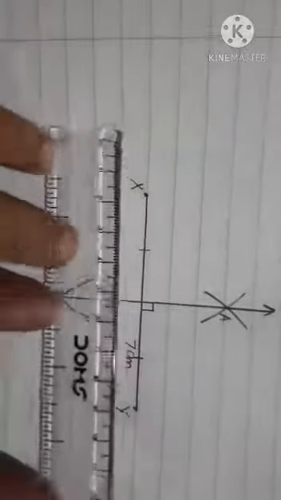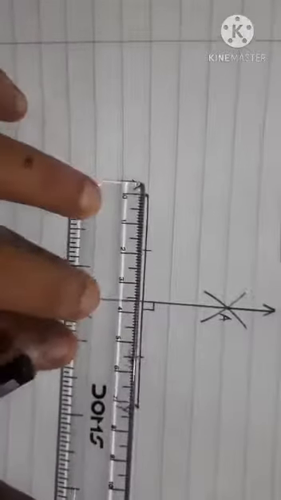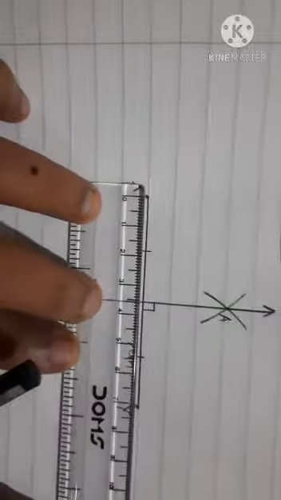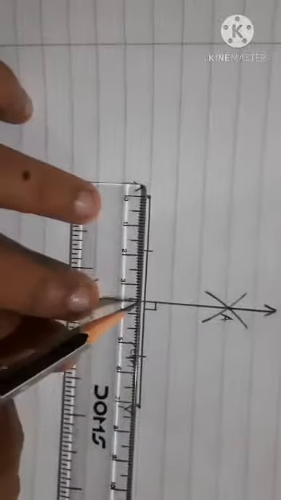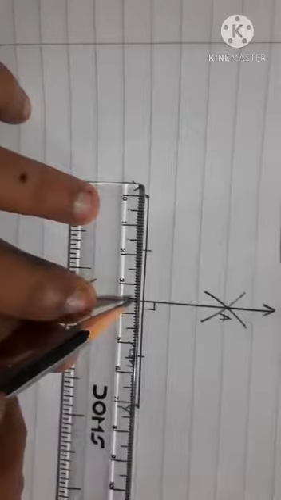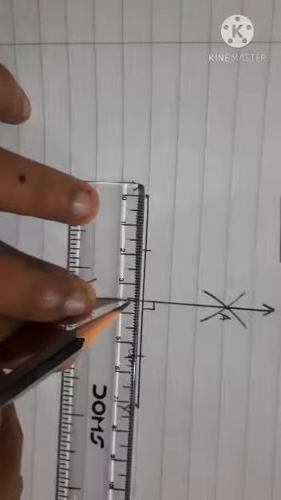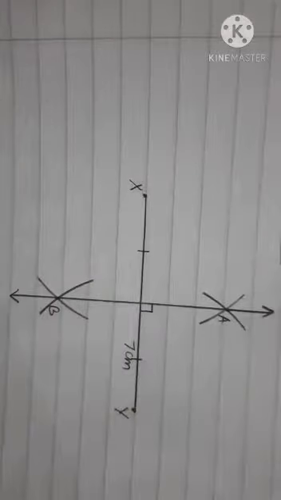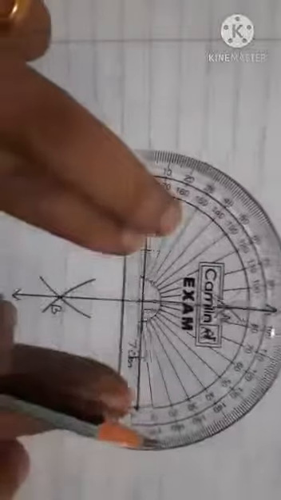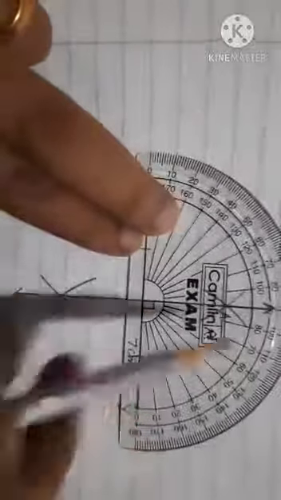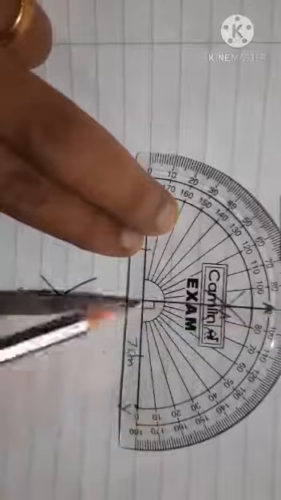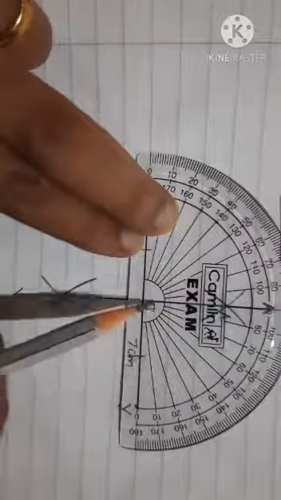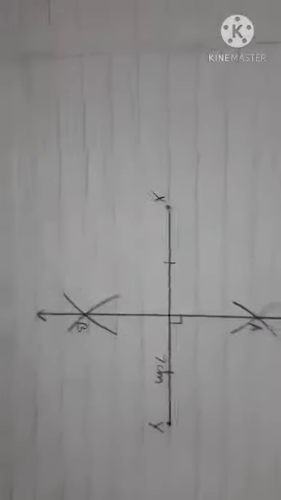It should be 90 degrees and these 2 sides should be the same. Initially I took 7 centimeter. Here I have got a little bit ahead of 3.5, because it is a little more than 7, 7.1. That means my construction is correct. The bisector I have drawn is correct, and if you keep your protractor, this should go exactly 90 degrees. It is exactly 90 degrees, which means our perpendicular bisector is correct. Now, how to write this?